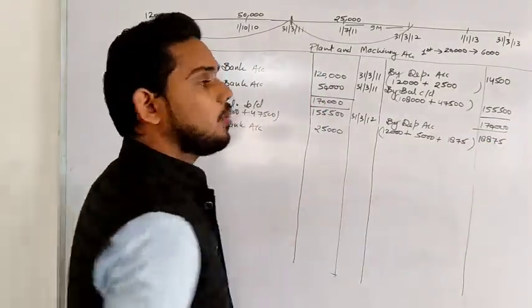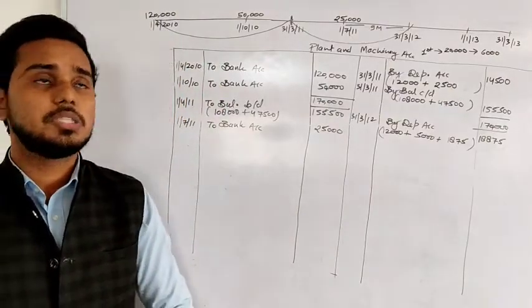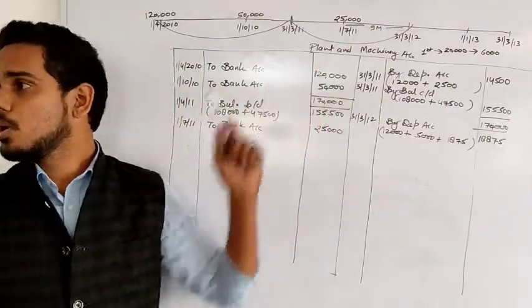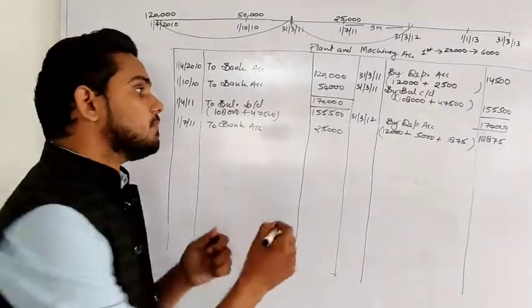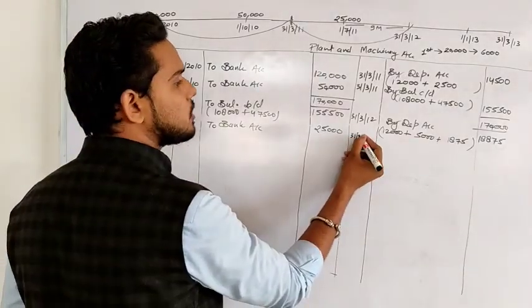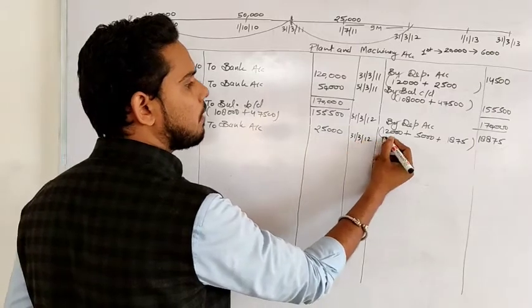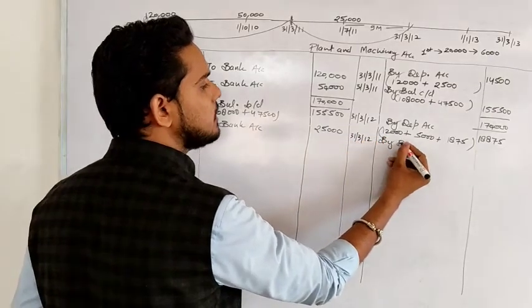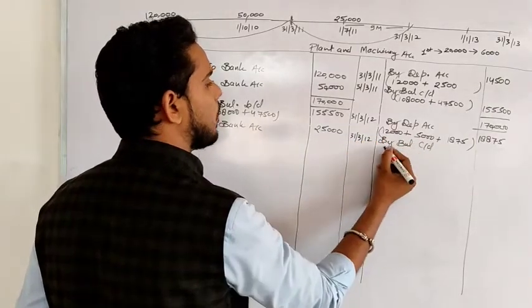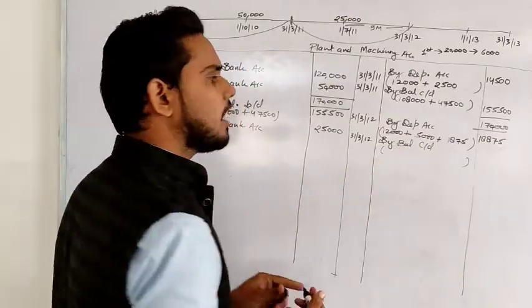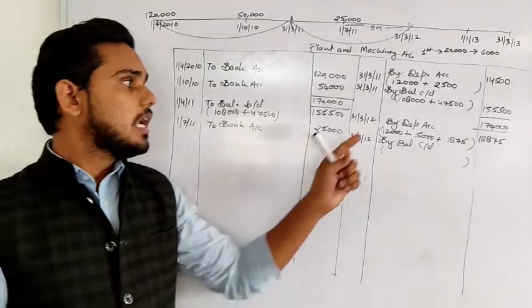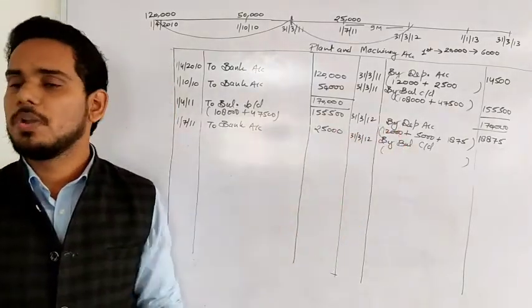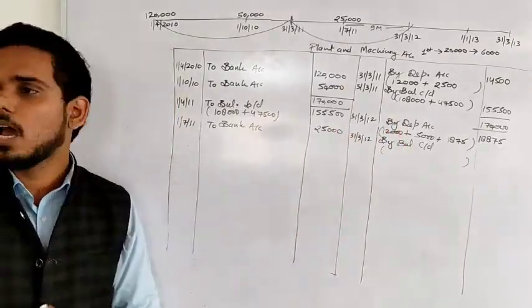Now as we have calculated the depreciation for all the machinery, we will close the accounts and we will find the closing balance. Okay. So write here 31st March 2012, "by balance carried down". Okay. And finding the closing balance is again very easy. All we have to do is deduct this depreciation from the opening value or purchase price which we are having.